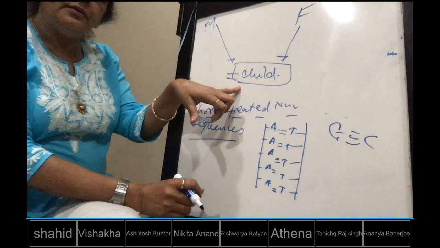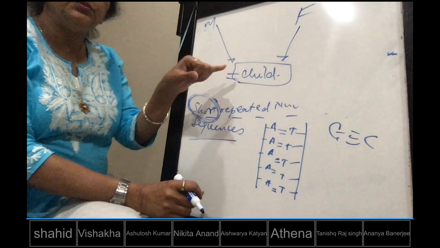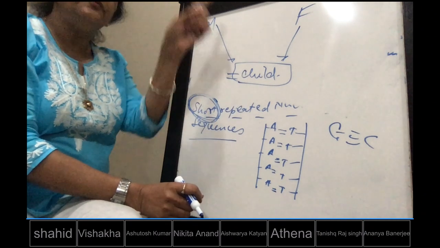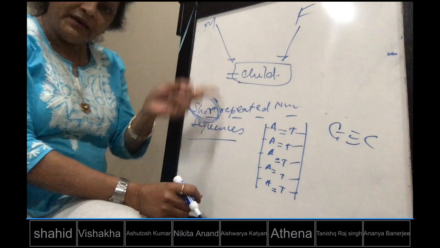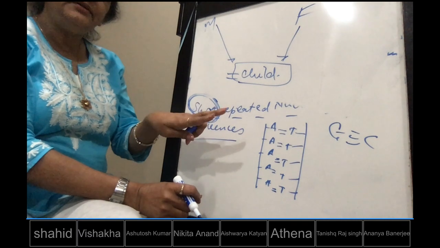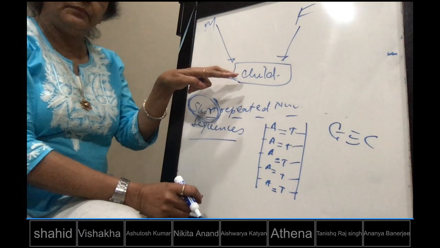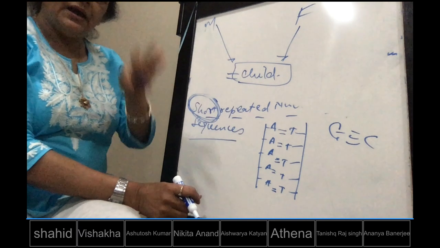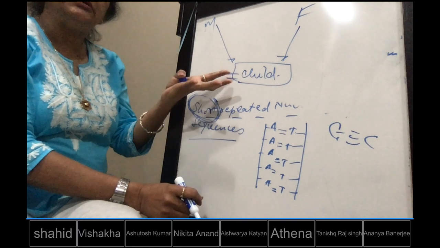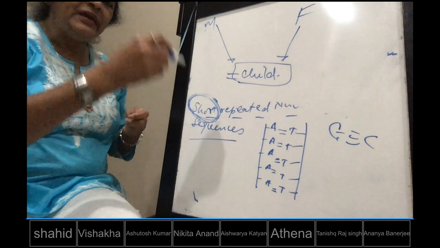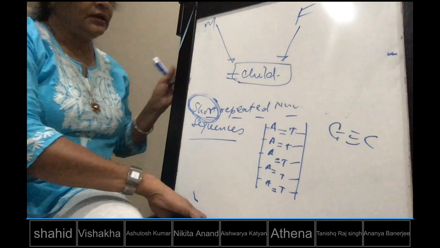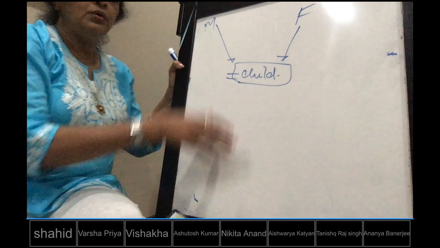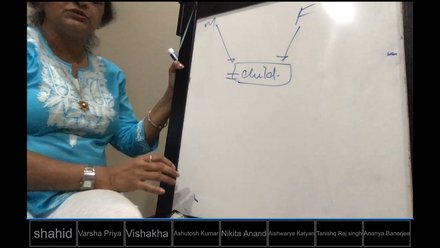Plus, this child will have some VNTRs which are unique to it. Some VNTRs which are ancestral will come, heredity will come. Some VNTRs will be unique to the child, which can be correlated to him also when he gets married and has children. So like this, the VNTRs are important in DNA fingerprinting. I hope I made myself clear now how paternity cases are solved.